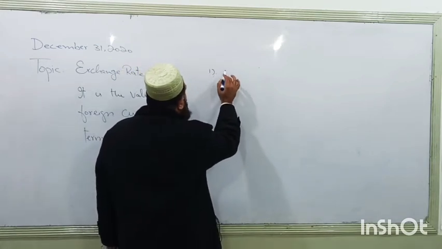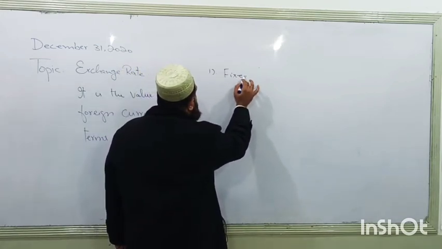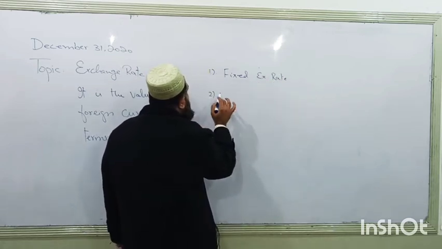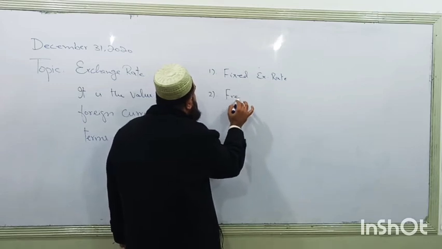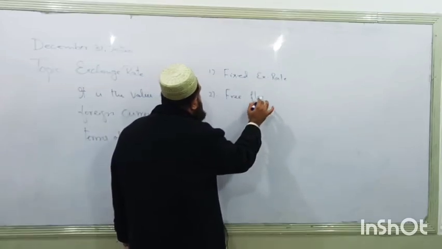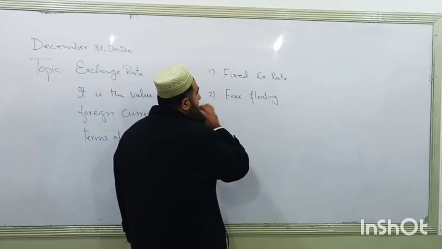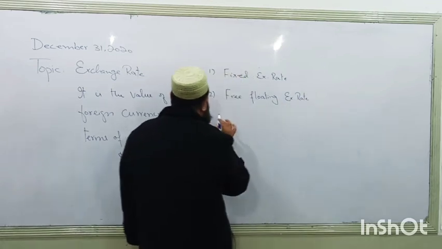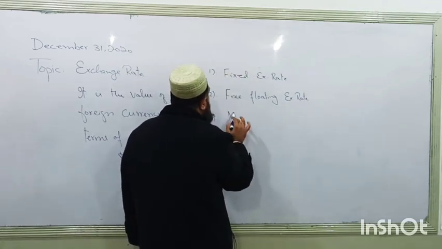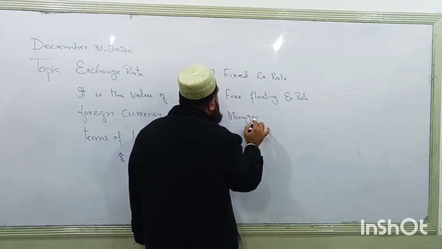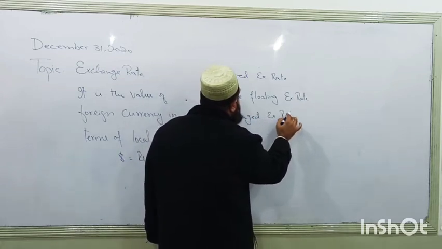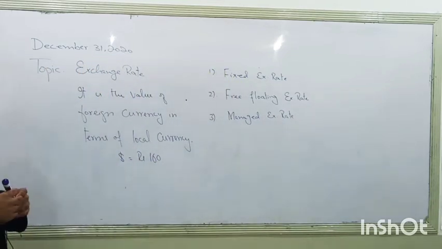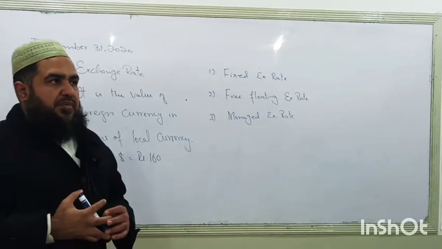One is called fixed exchange rate, and the second one is called free floating exchange rate. And the third one is called managed exchange rate. Alright. So fixed exchange rate is like when we go to a fixed price shop where prices are fixed by the sellers,